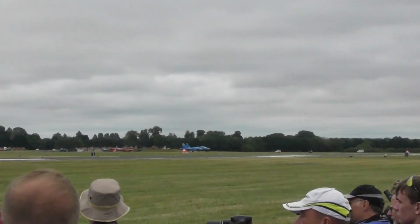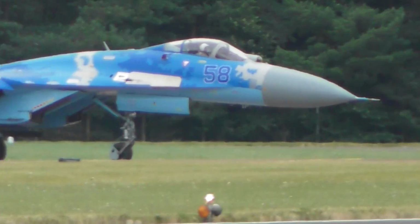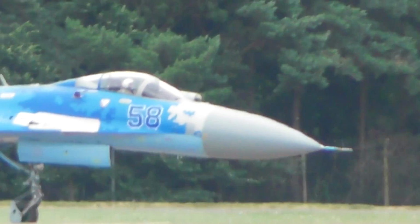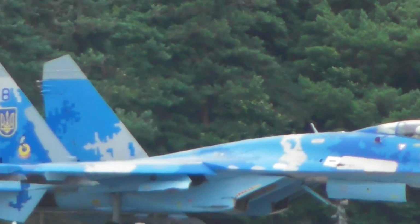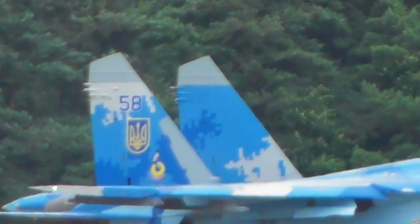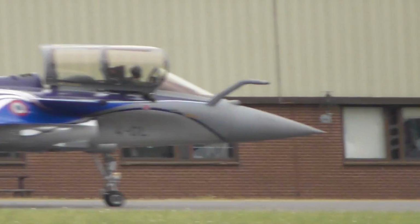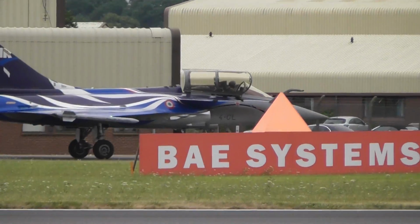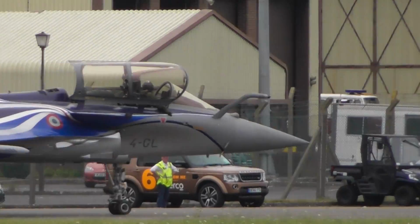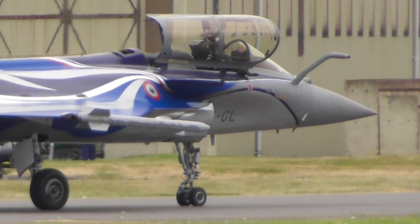It was an impressive performer right from the start. A big, heavy, twin-engine fighter, one that, like all of the combat jets that we've seen in the display today, has over the years seen extensive upgrades, a whole host of different versions being produced. But here we see what was at one stage a basic air superiority fighter variant, albeit one that has now emerged in upgraded form as something of a multi-role platform,